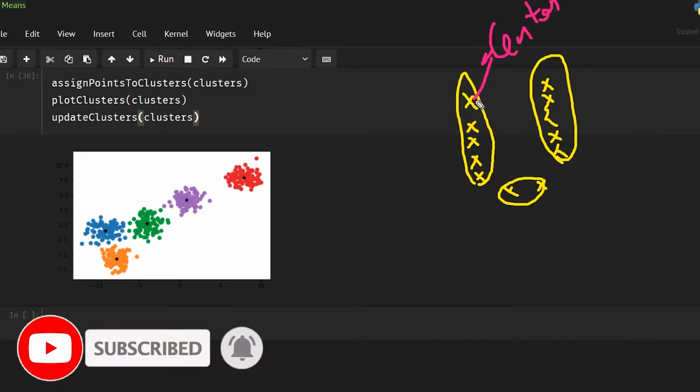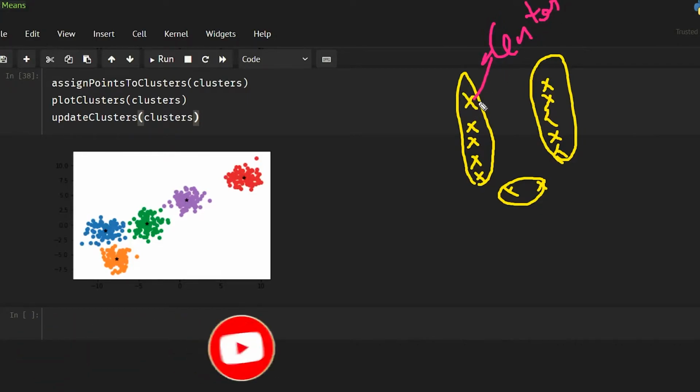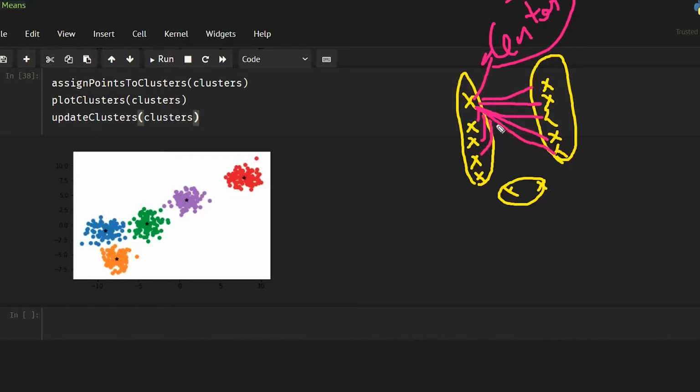Now I'm going to find the distance of all the points from this center. The distance of this, this, this, this, and I'm going to find all the distances from this center. Then I'm going to check which has the most distance.